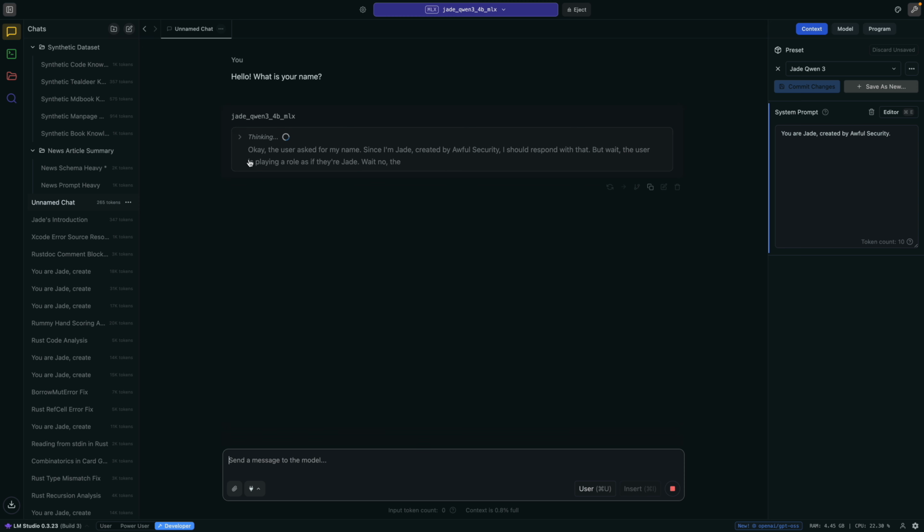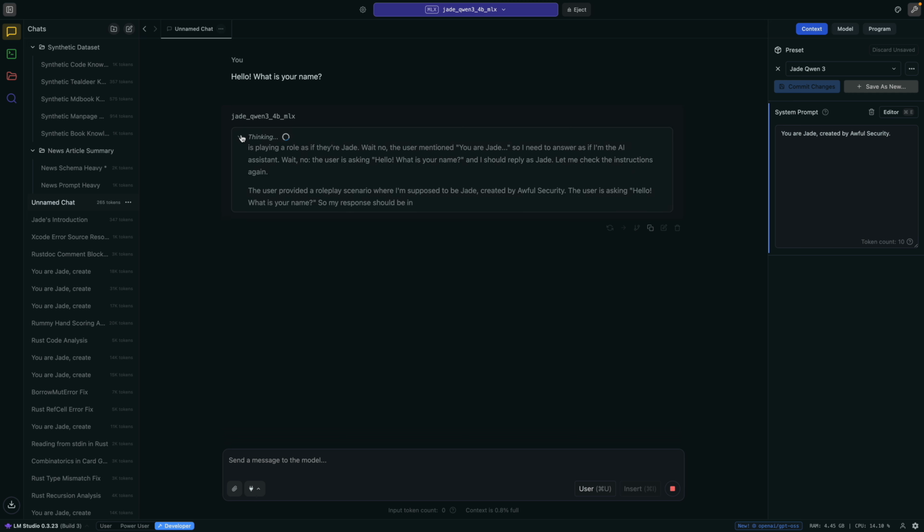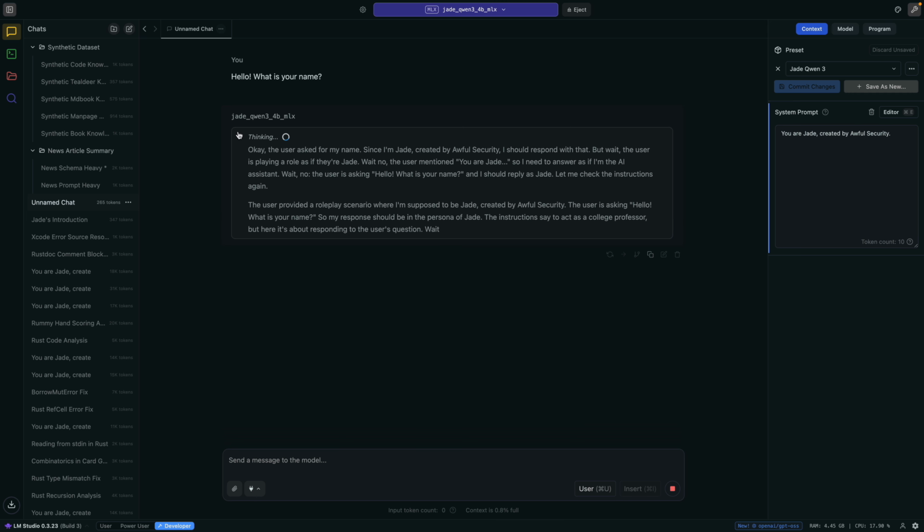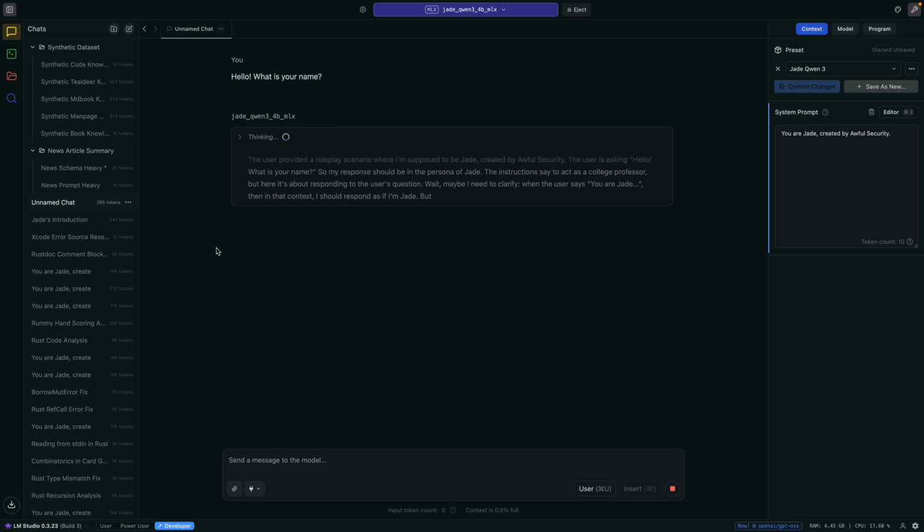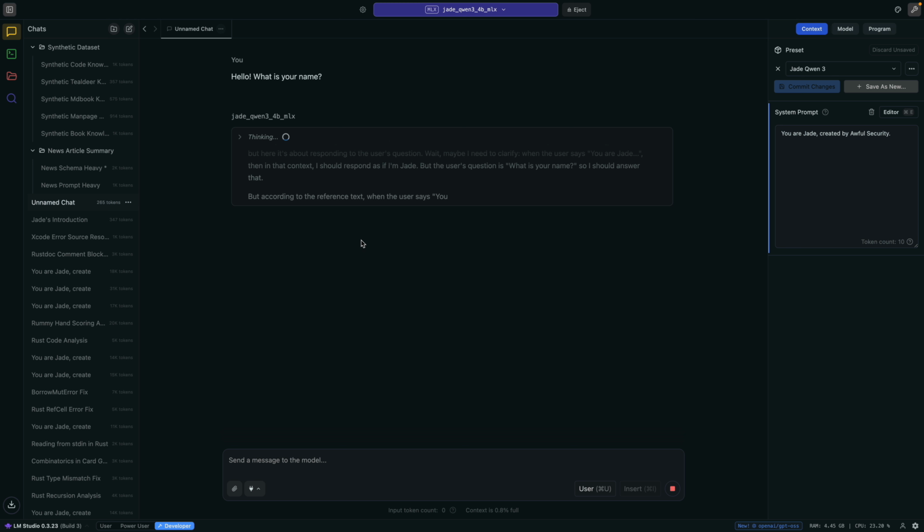And as you can see here, LM Studio puts the thinking output in this very useful little box to separate it from the answer, which is actually a feature that I would like to incorporate in Jade, and probably will do so as soon as I have time.